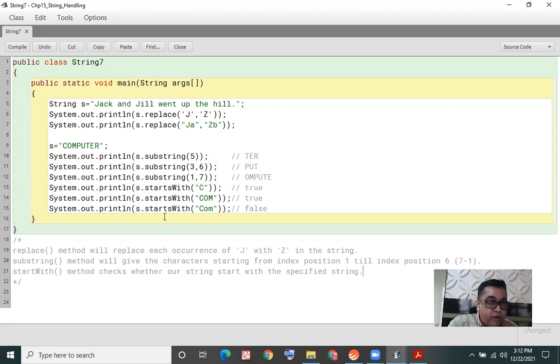So our string is computer, and the specified string in one example is C, in the second example it is COM in capital, and in the third example it is COM. This is the specified string.